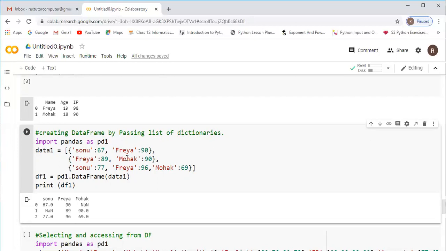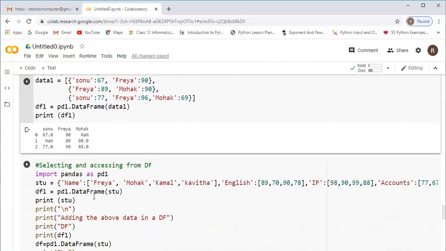This is the way if you are passing a list of dictionaries like this, it will happen. Now, how to select or access the data frame? So we know that df1 is equal to the data frame, isn't it? Adding the data frame, whether it is a list or a dictionary. We used to give df is equal to our pandas object dot DataFrame of, like that we used to give.